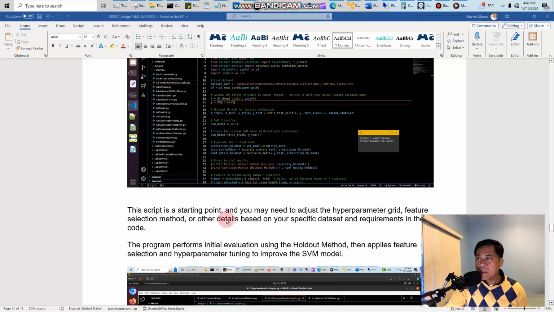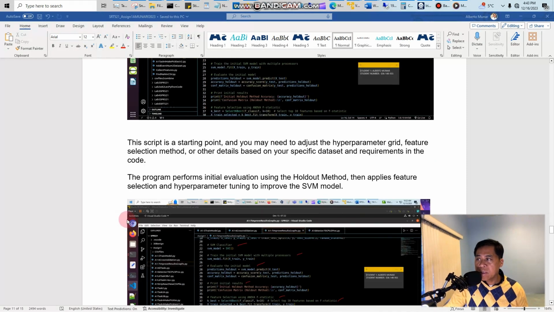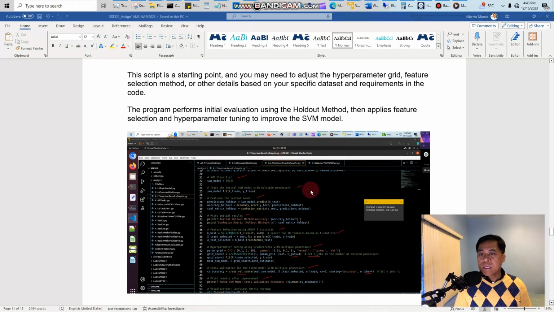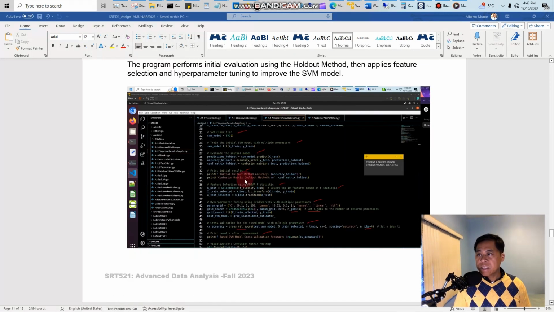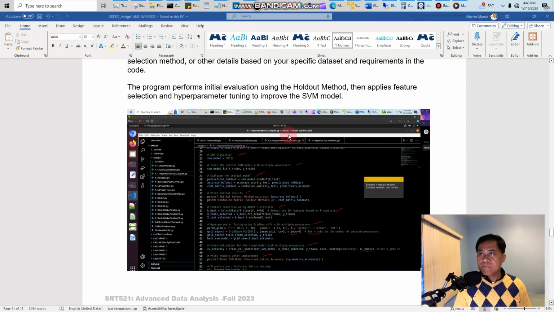This script is the starting point, and I need to adjust the hyperparameters, feature selection method, and details based on my specific dataset requirements and the code. The program performs evaluation using the holdout method that applies feature selection and hyperparameter tuning to improve the SVM model, right, as you can see there. So actually, when I ran that program,